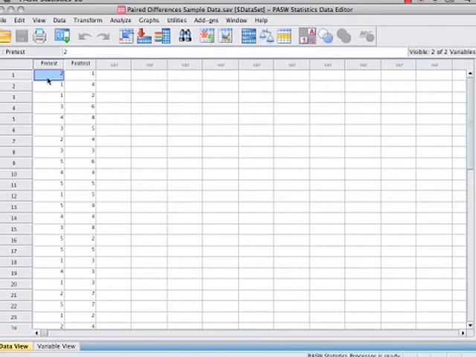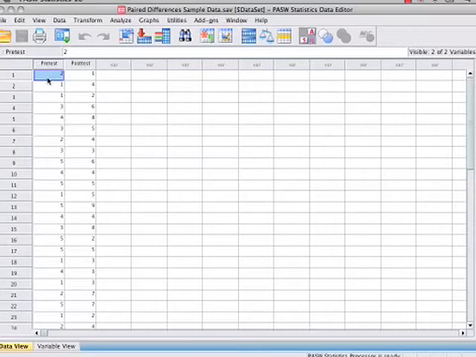In this tutorial, we'll review the procedures to perform a hypothesis test for the mean of paired differences in SPSS. This is for when you have measured people, for instance, at 2 points in time. For example, a pre-test, then some sort of intervention, and then a post-test afterwards. And you want to look at the changes in each person's scores over time to see if those changes are